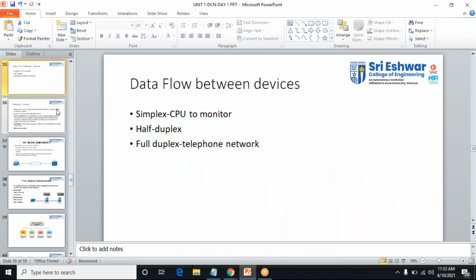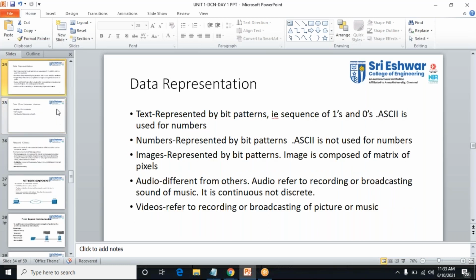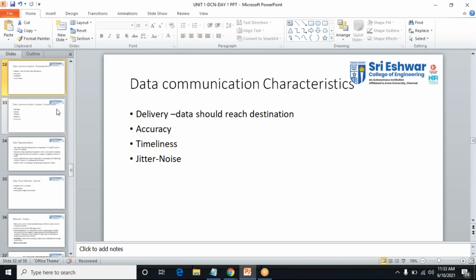Now let me recall the points and we can wind up. What are the data communication characteristics? Let us just recall and wind up. Rupak, can you say what are the data communication characteristics?